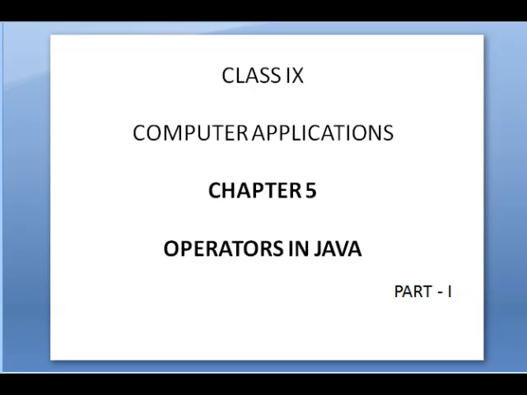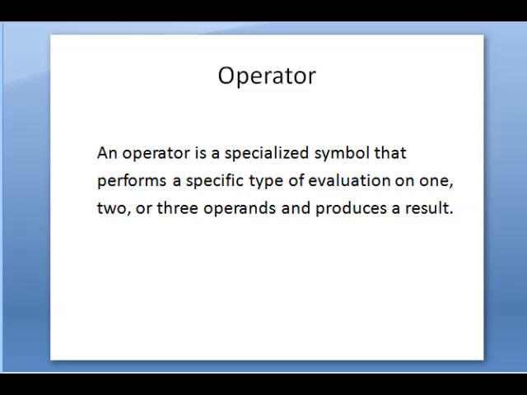Students, now we are going to see chapter number 4, operators in Java. This is the first part of this chapter. First of all, we are going to see what is called an operator. So operator means that it is a symbol. That symbol is used to